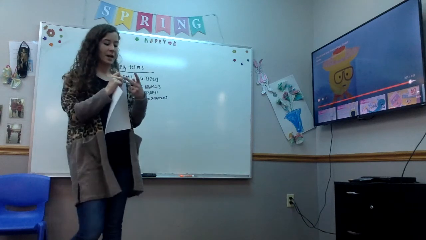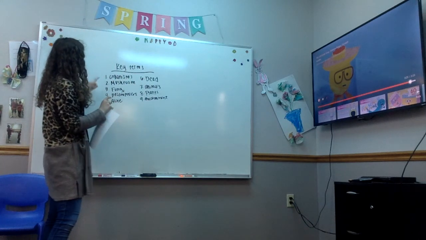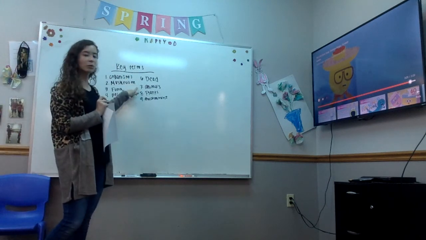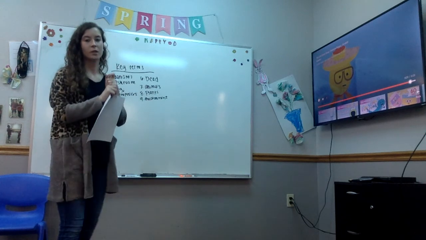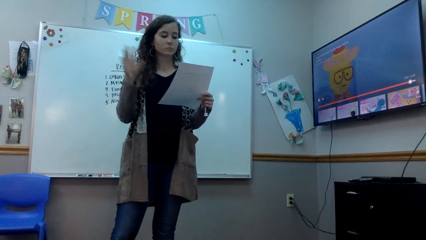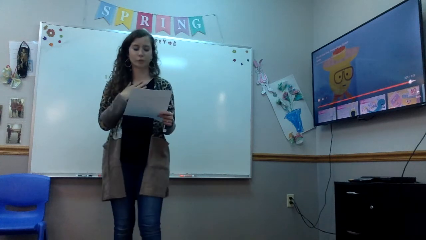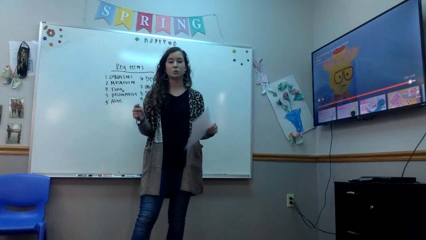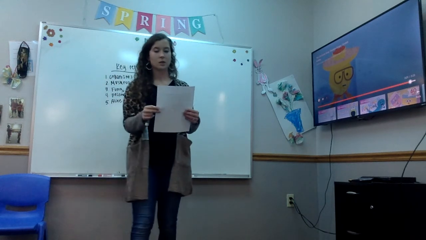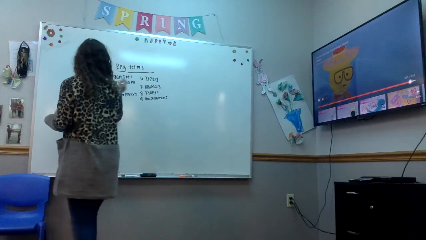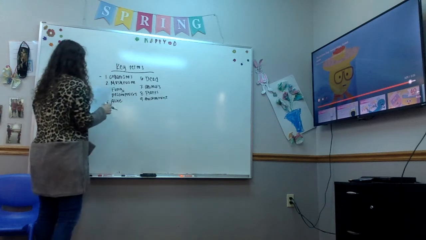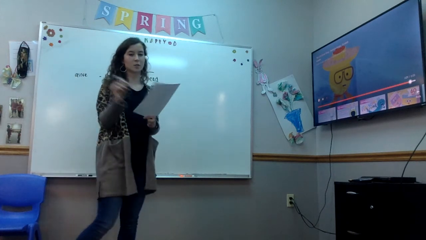So on your paper, you should have organisms, mushroom, fungi, decomposers, alive, dead, animals, plants, and the environment. So now I'm going to go over the definitions. I'd like for you to just jot down a few terms or ways that you can summarize it for yourself to learn. So an organism is an individual animal or plant that is alive. So organisms are alive. If I was doing that, I would write alive next to my organisms on my paper.